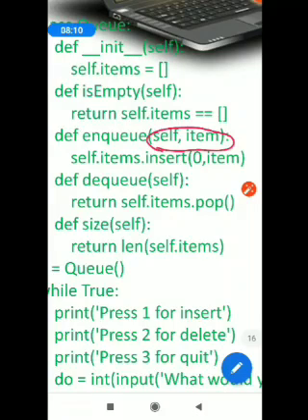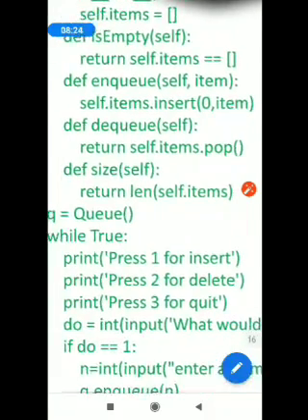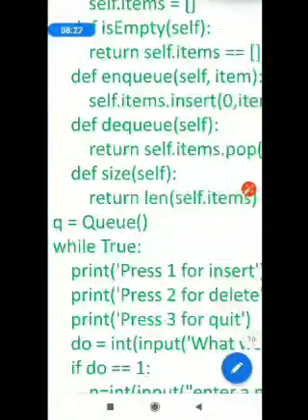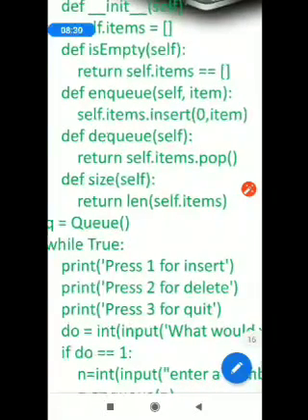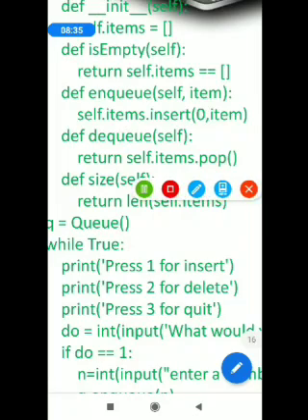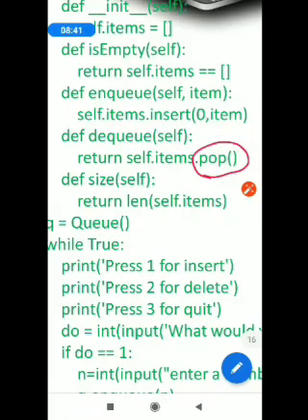So I am calling self.items.insert with the index location 0 and the item value. So this is insertion. After that I am showing you the deletion, in which I am defining the function using the def keyword and the function name dq, and it is calling the pop function of list methods.